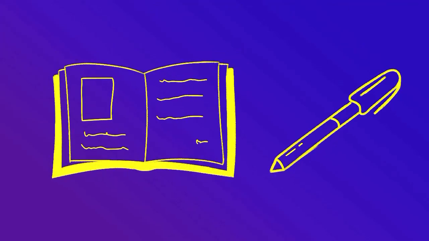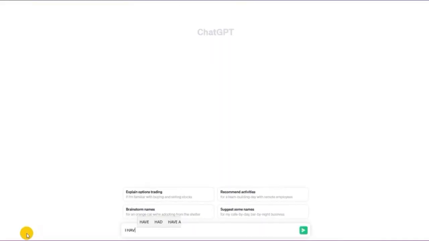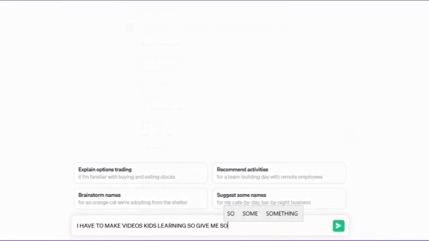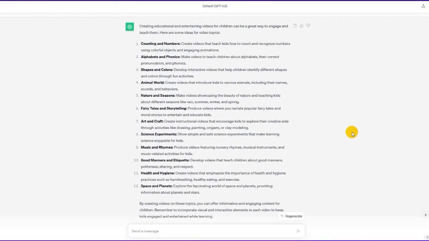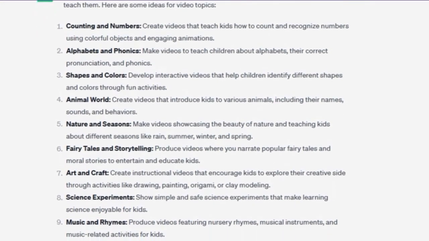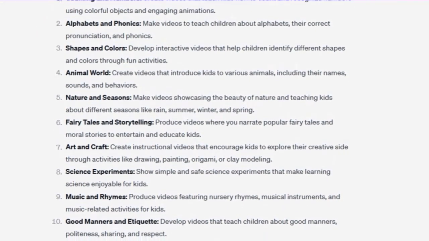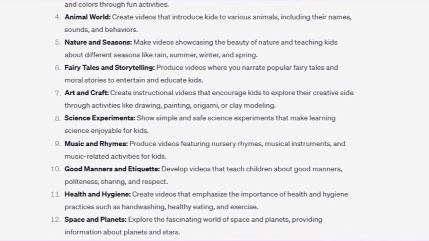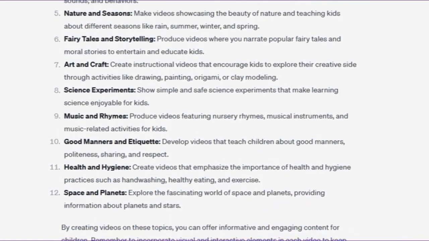Let's start. So for the first step, we have to prepare our script. And for this, I'll go to ChatGPT. So first I ask it this. I have to make a video for kids learning, so give me some topic ideas. So as you can see, it gave me many topic ideas such as counting and numbers, alphabets and phonics, shapes and colors, the animal world, nature and seasons, fairy tale stories, arts and crafts, science experiments, rhymes, manners, hygiene, and